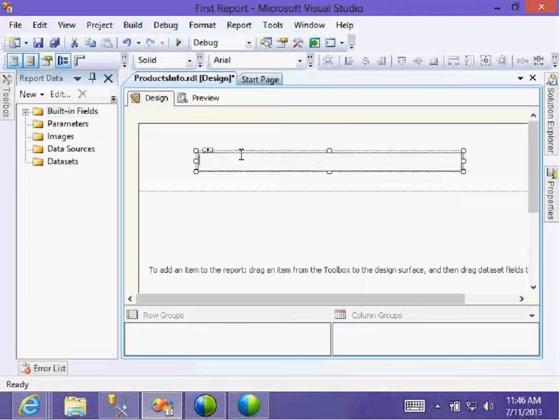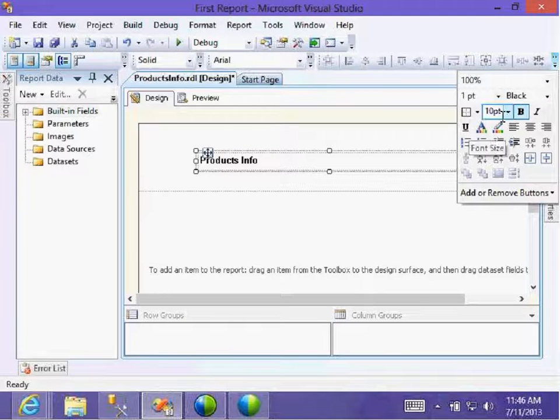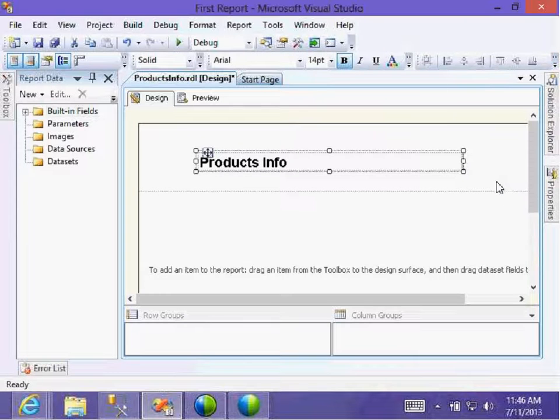I can design it using Control E for bold, and you can use the properties to increase the font size here somewhere. Yeah, increase font size, color of the font, everything you can do.